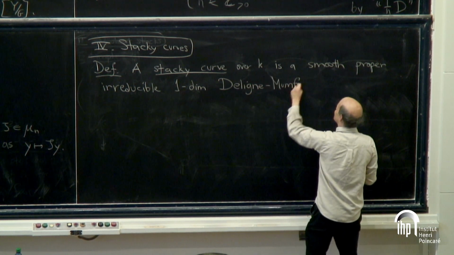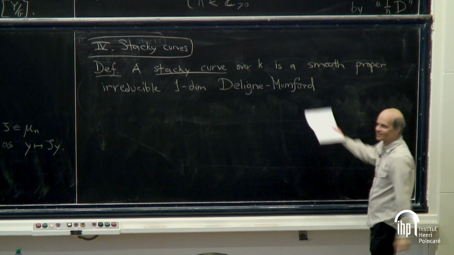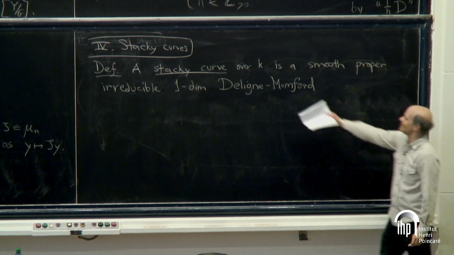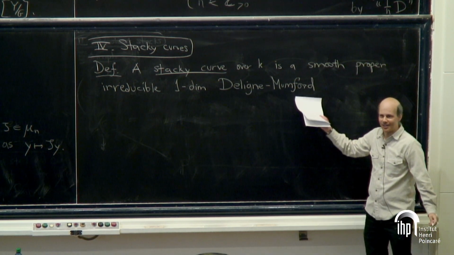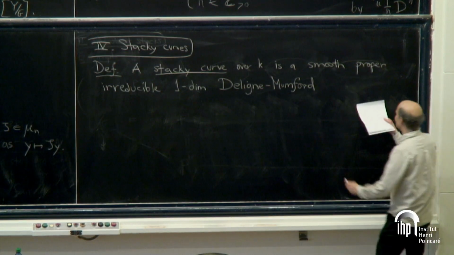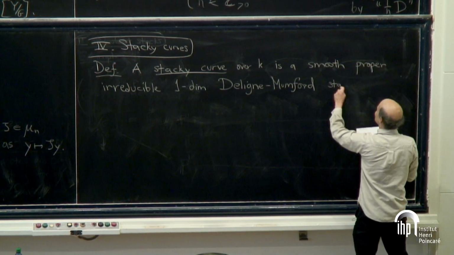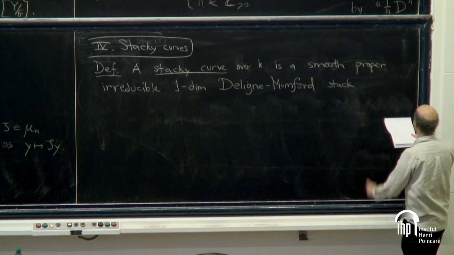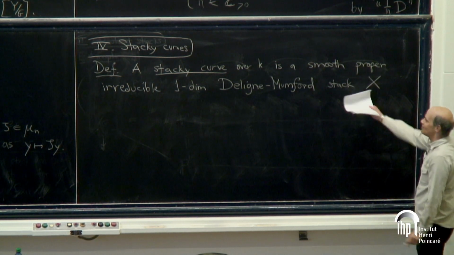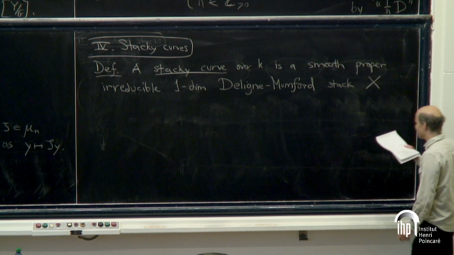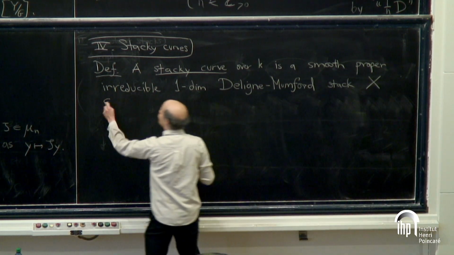And you don't know what this is at all because this doesn't even have a definition for schemes. I guess you know what Deligne-Mumford are, but you don't know what this means. Or maybe you do know. Well, if you do know, then you know. Okay, but anyway,